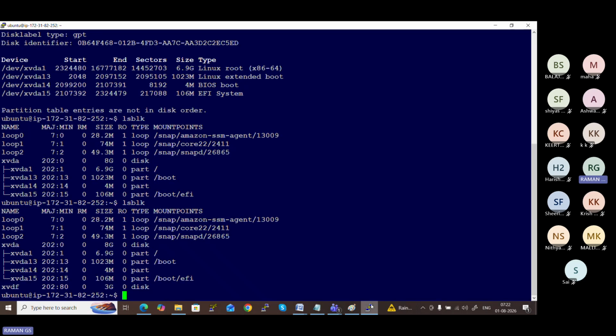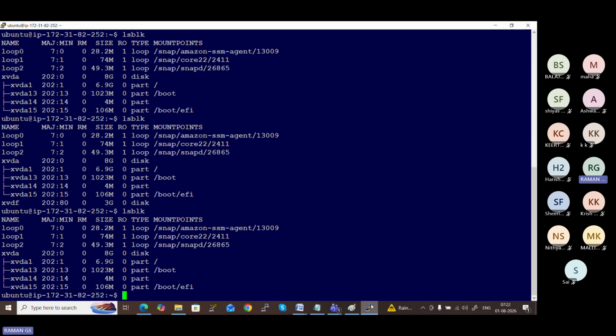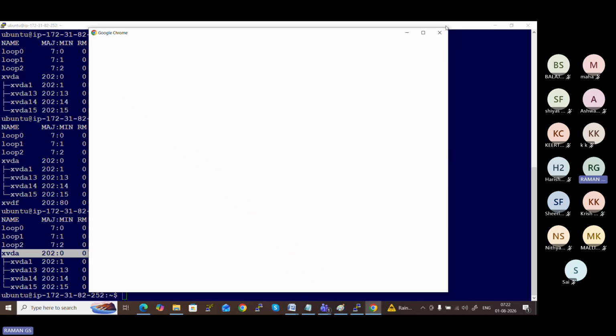Similarly, with the same command, lsblk, you can find only one hard disk. This hard disk of 3 GB is not displaying. There is no such hard disk. It shows only one hard disk, the 8 GB hard disk alone, it will display xvda, 8 GB. That alone is displayed. This is how you create a volume, modify the volume, attach the volume, and then you